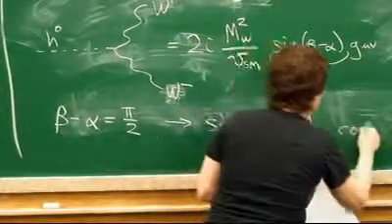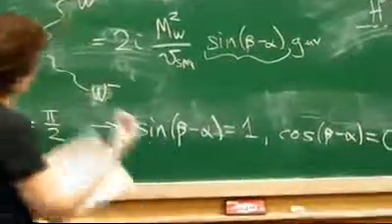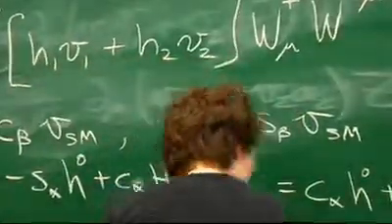Cos beta minus alpha is 0. Okay? And if you're close to this limit, sine beta minus alpha will be close to 1, and cosine beta minus alpha will be close to 0, but maybe not exactly 0. Okay? So in this limit, the Goldstones,